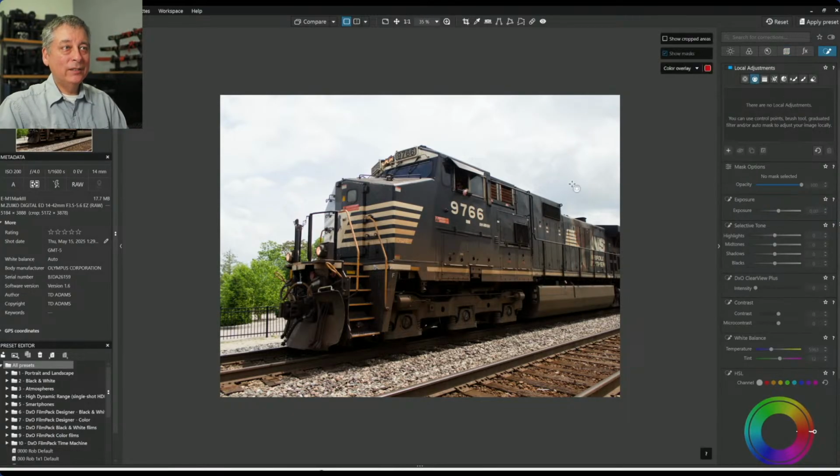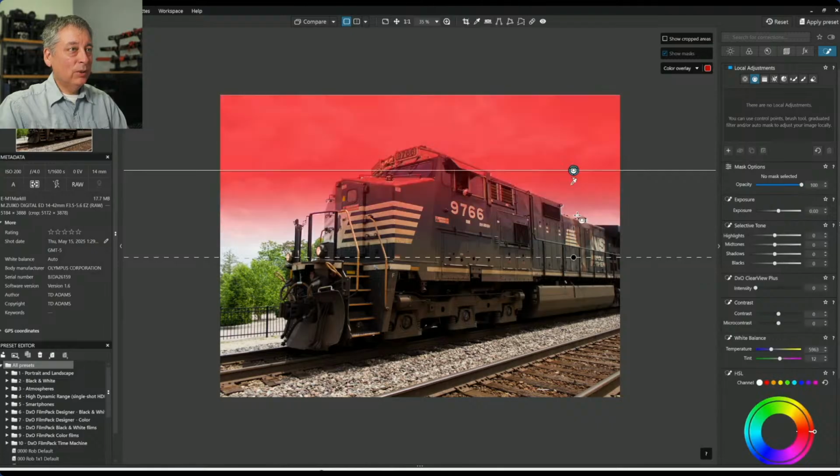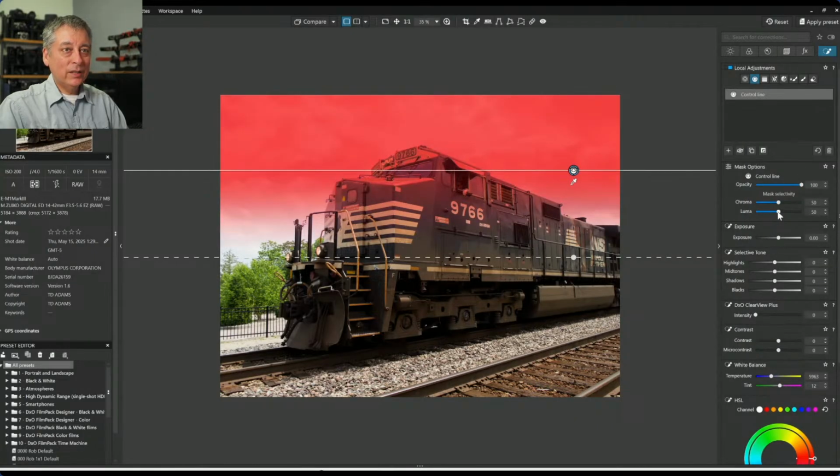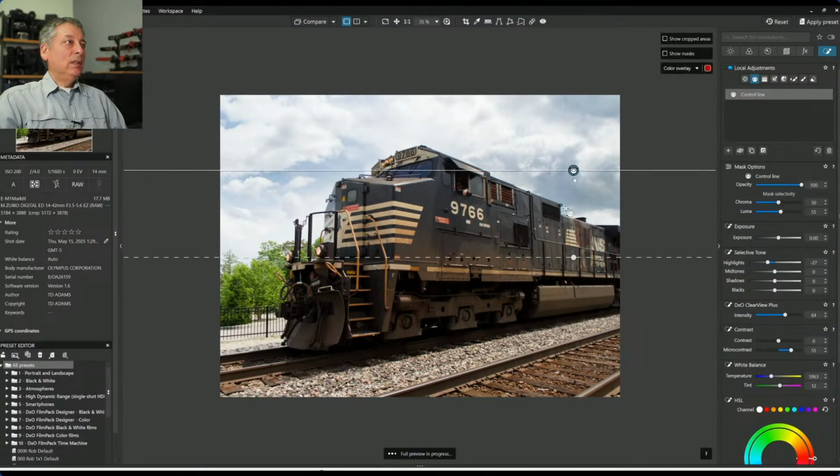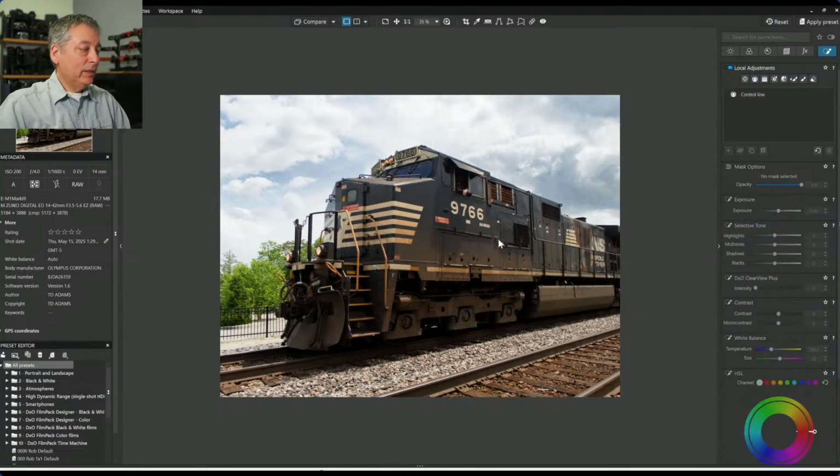I have a plan. So we'll just start with the low-hanging fruit, the clouds. Let's tighten up the Luma mask a bit and just hit the clear view on that. Maybe the highlights a tiny bit and a bit of micro contrast. All right. And then